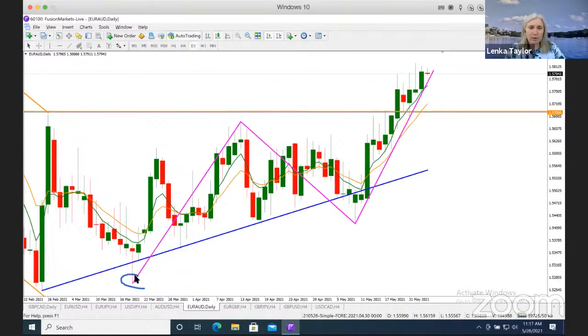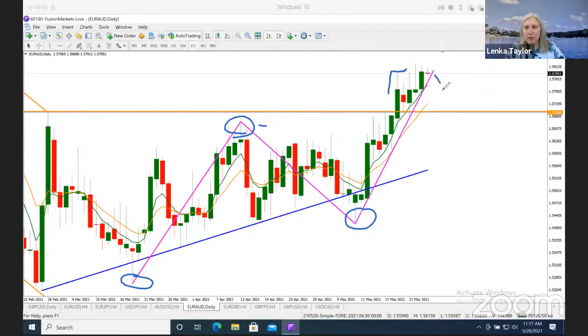So we've got a low here, a high there, a higher low there, and now we're already higher than the previous high. So if we get a retracement down either to this level or further down in line here